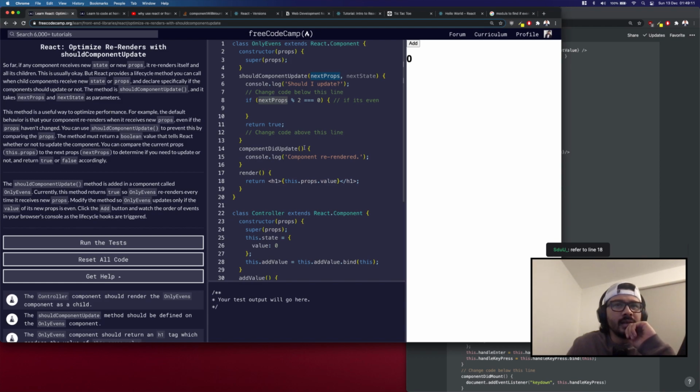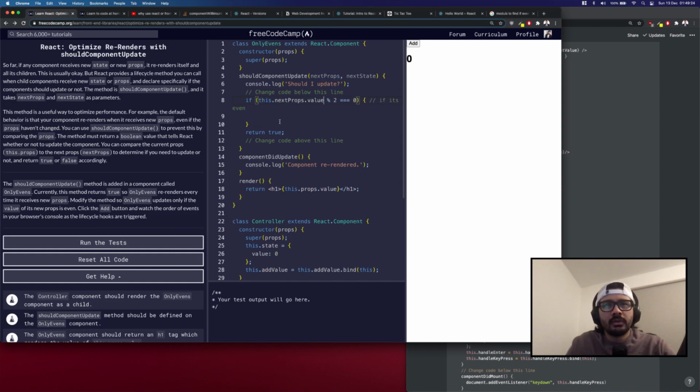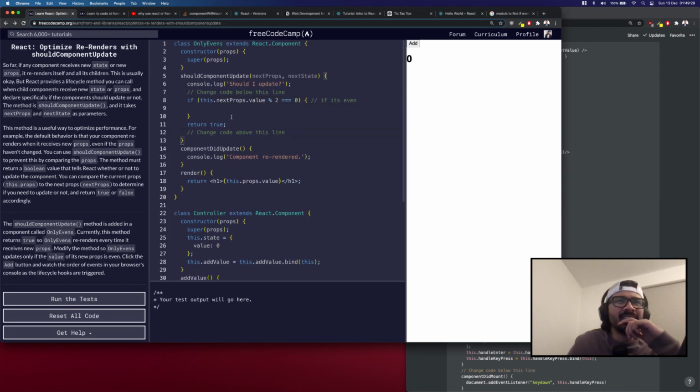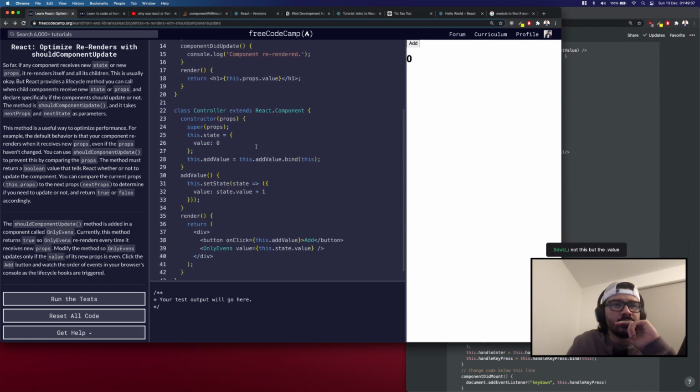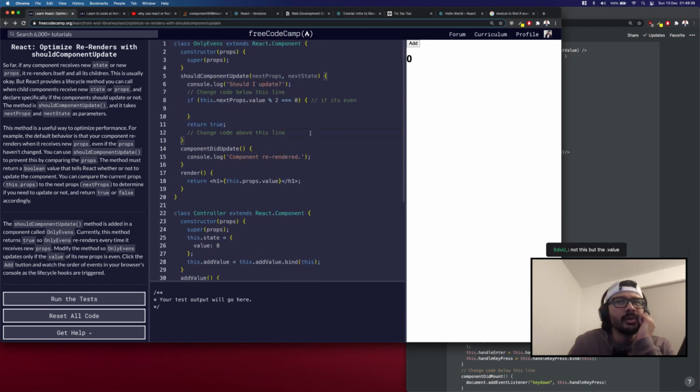Refer to line 18. this.props.value. Oh. Oh, you mean .value. I mean, that's what you mean. Yeah, that makes sense. If the next prop... Wait, what is this code actually? How does it know what's the next prop? Next prop is gonna be